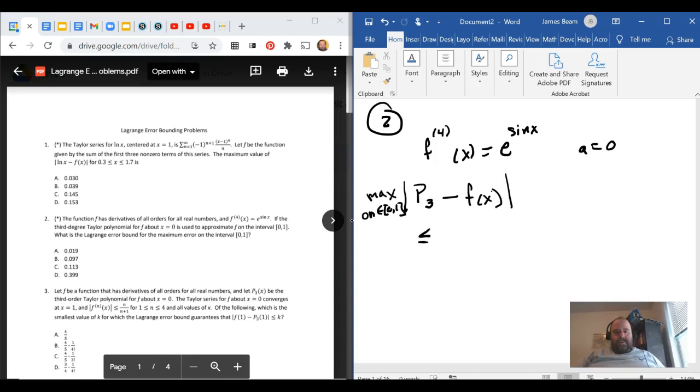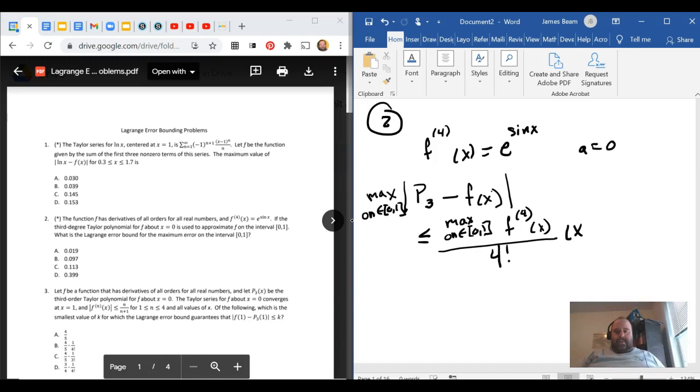So from Lagrange, we know that this is bounded above by the maximum on elements from 0 to 1, right, of the fourth derivative of x, right, over 4 factorial times x,